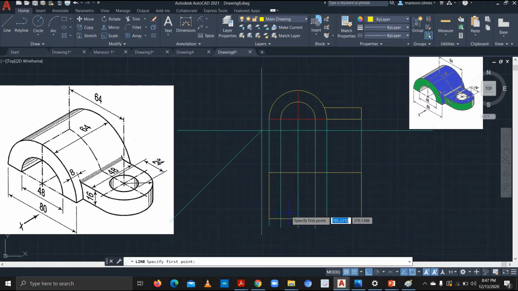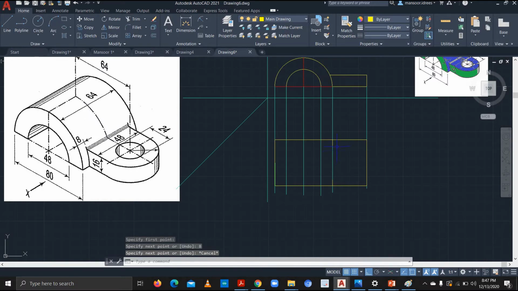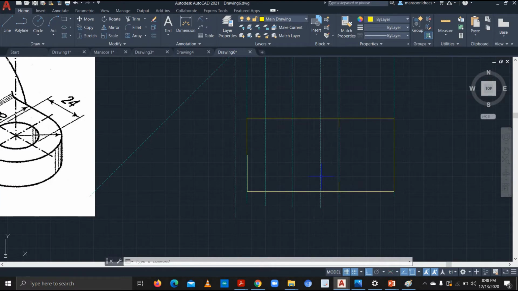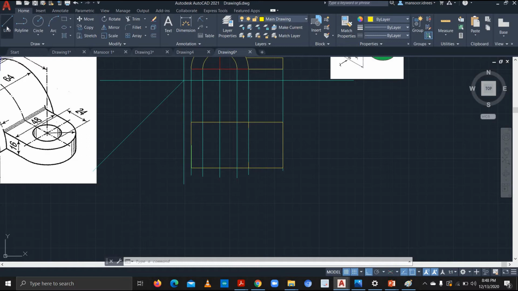This line is slanted, so we'll do it again. Go 8 up, and from here we'll go 8 down. Alright, so at 24 from the center we'll also, this is the midpoint, and from 24